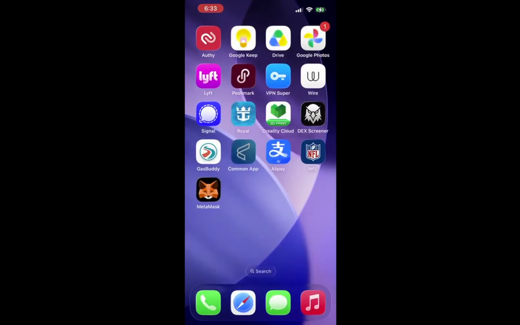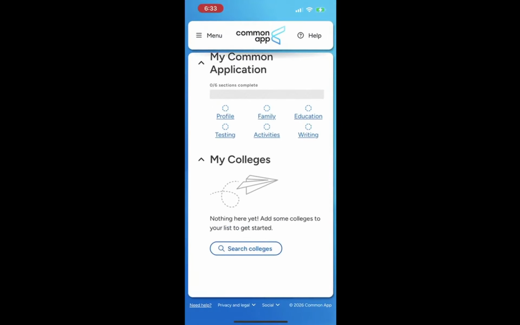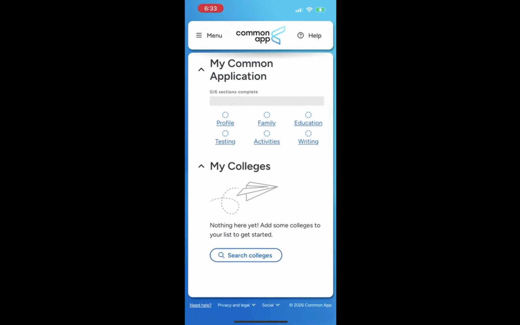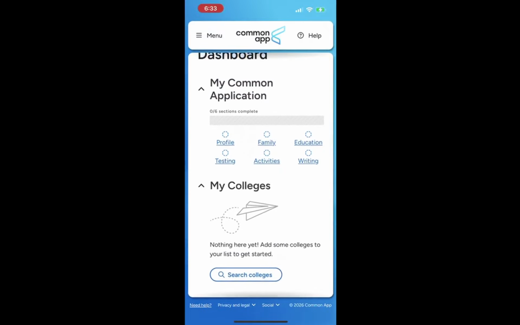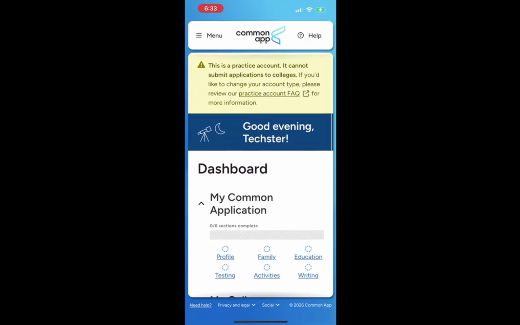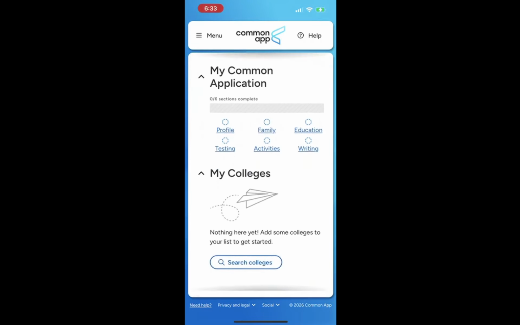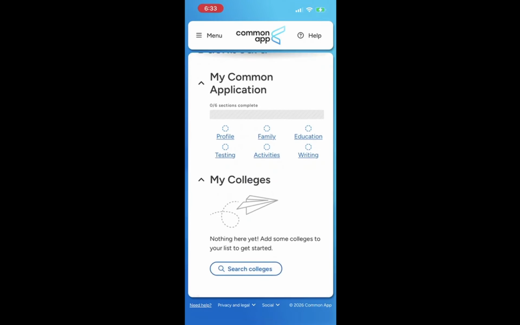It's important to enter your username and password correctly to ensure a smooth login. If you have forgotten your password, there's an option to reset it. This step is crucial because accessing your account is the first move toward making any updates. After signing in, you will feel a sense of control over your application process.